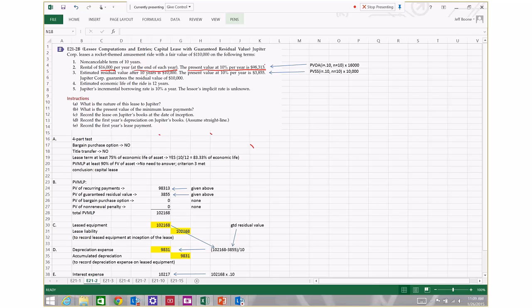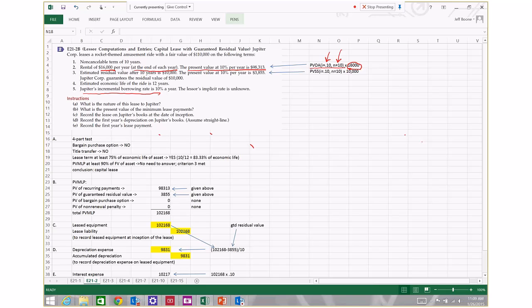In theory, the way they got that calculation is they took the recurring payment amount of $16,000 and multiplied it times the present value of an ordinary annuity factor, where the factor comes either out of your calculator or out of an annuity table using an interest rate of 10% and n equals 10 payments. This 10% interest rate comes from fact number 5 that tells us Jupiter's incremental borrowing rate is 10%